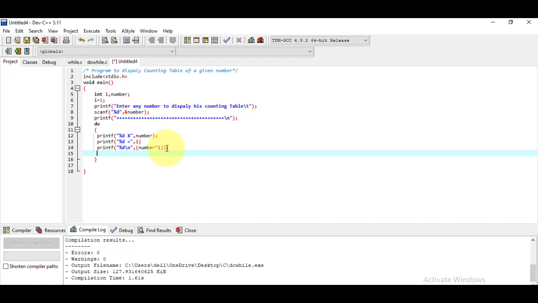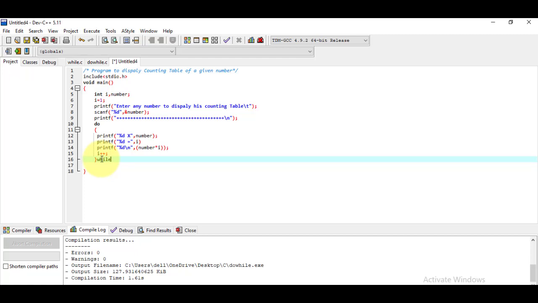Now I have to increment the value of I by 1. So here I am writing I plus plus. And here I am writing the condition to check while we just want the table to be displayed from 1 to 10.